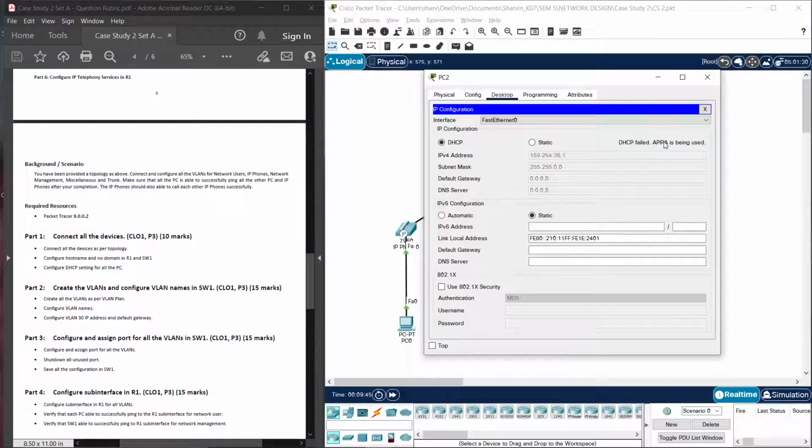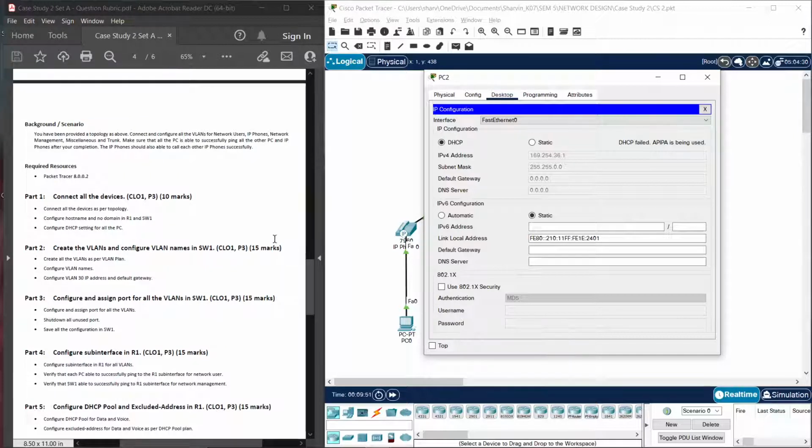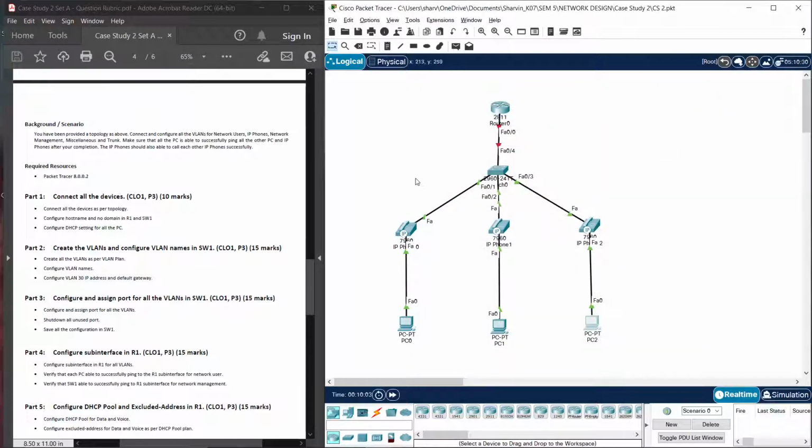You can see DHCP failed because we have not yet configured our DHCP. In part 5 we configure the DHCP pool in R1, so the 3 PCs will be successful with DHCP. Now let's continue with part 2, which is create the VLANs and configure VLAN names